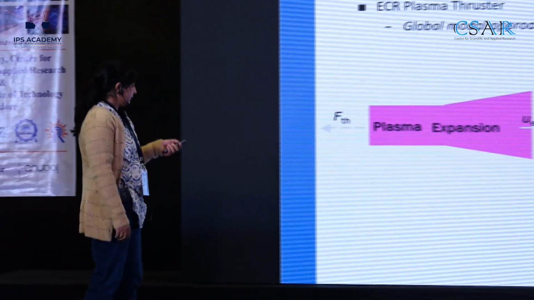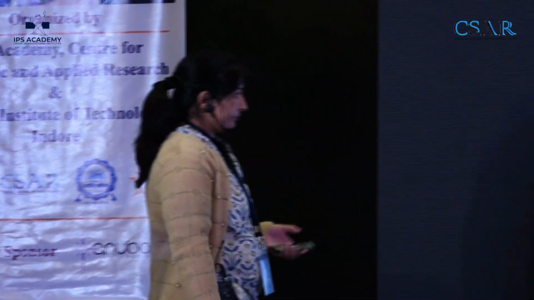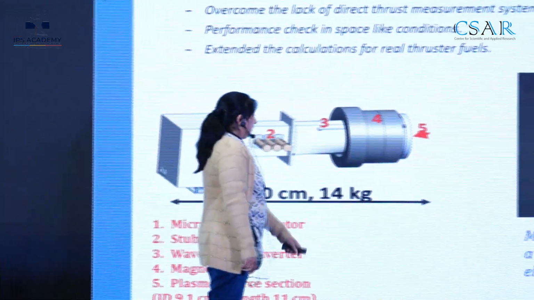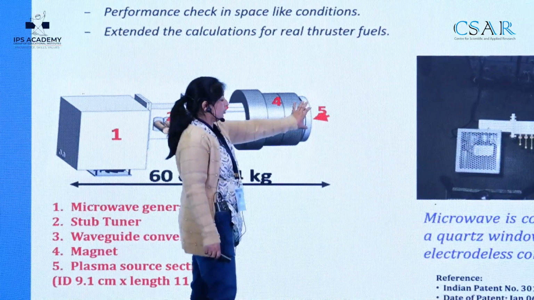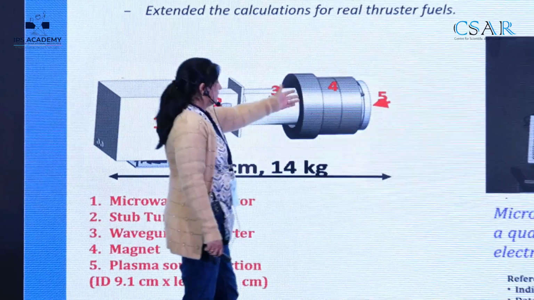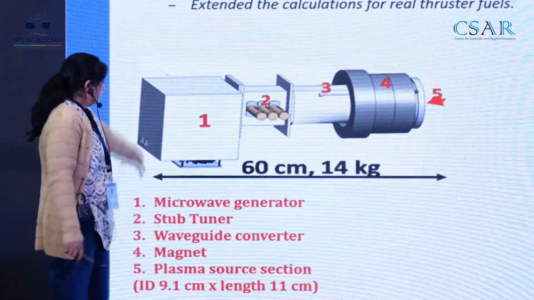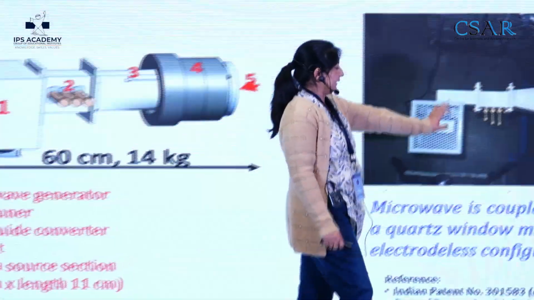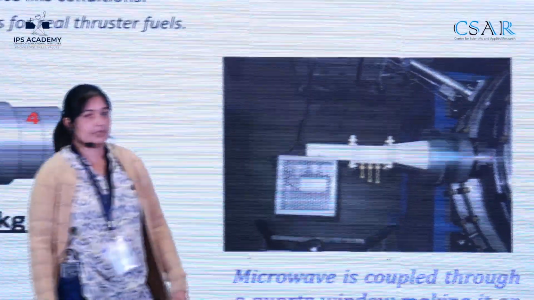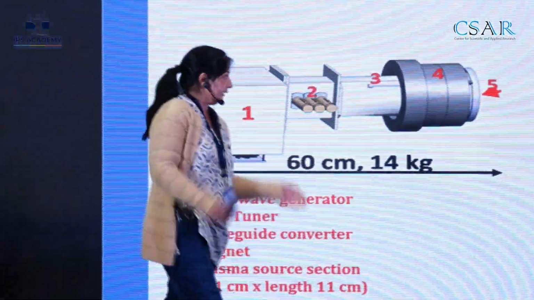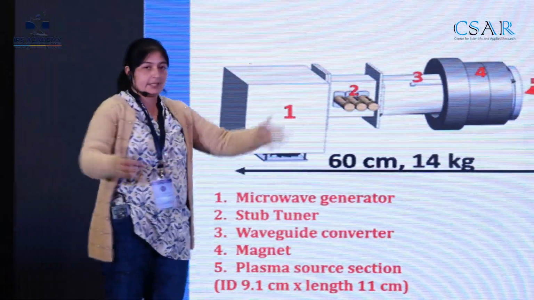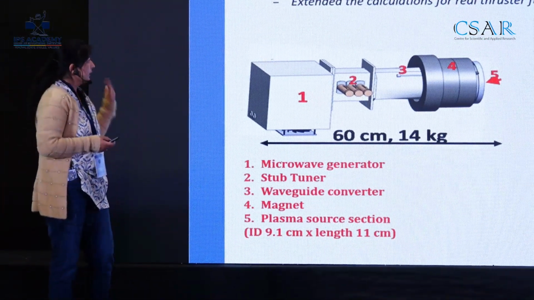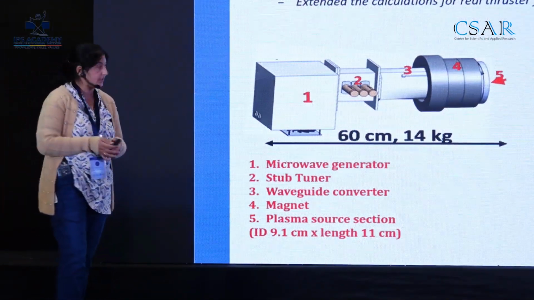I'll start with the thruster system. This is the source I had here at IIT Delhi. We have a small plasma chamber equipped with ring magnets, and this is the magnetron to transfer the microwave power to the source. The diagram shows the source connected to a big expansion chamber. Plasma is created in a very small region, and then it expands into a big volume. That is how the expansion takes place, and it is assumed to work as a thruster.